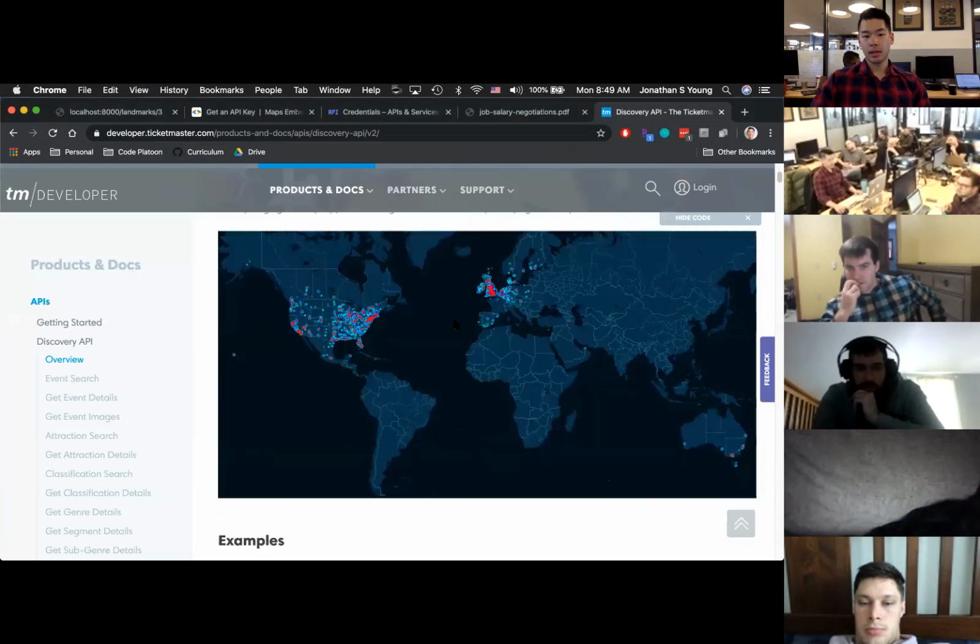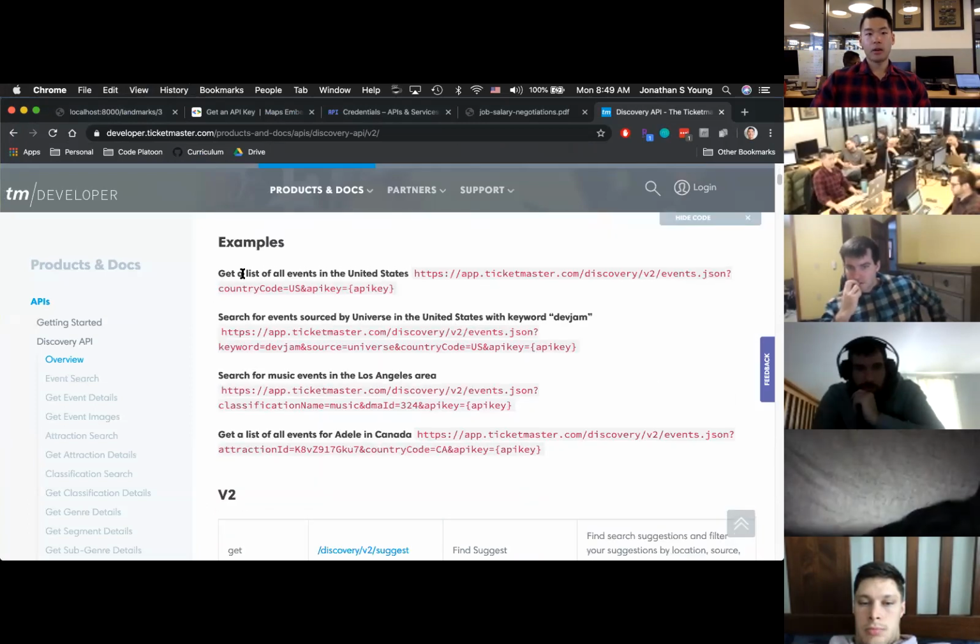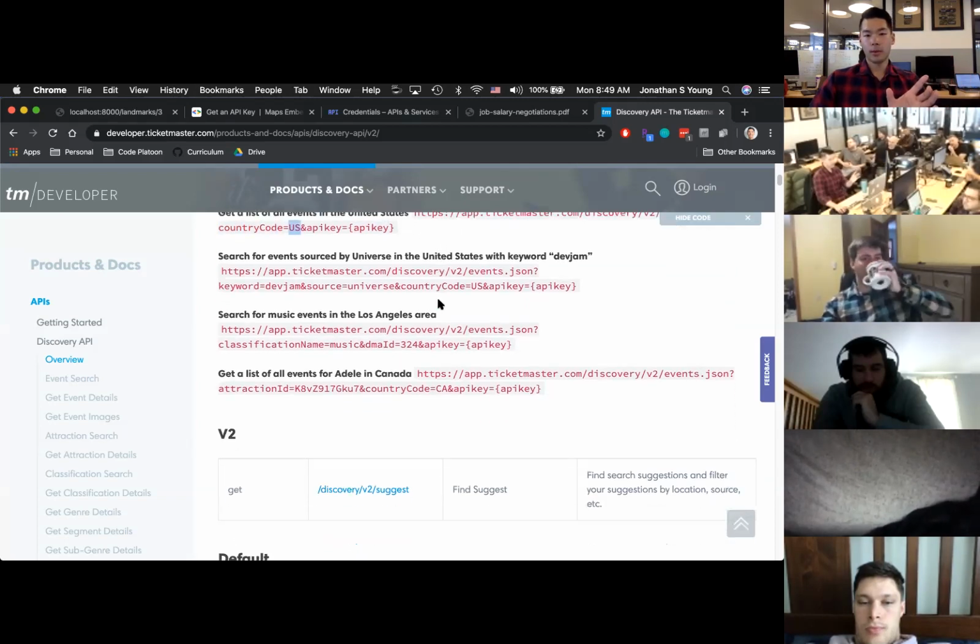and you can do things like get all the events in the United States. So you can go to apps.ticketmaster.com. Country code is the US, and you provide the API key. After the question mark, these are things called query parameters. So you have key equals value. It's like I'm looking for all the events which have the country code of the US. Or if I'm looking for a particular one where it's closest to LA,